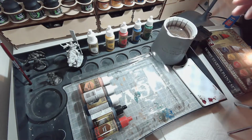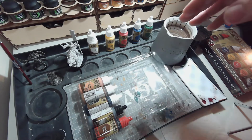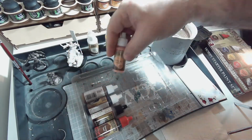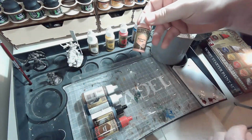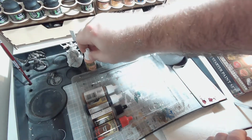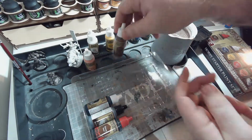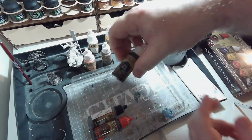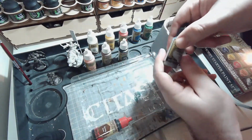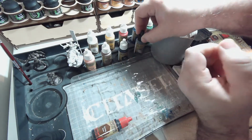Orcs are often known as greenskins. As luck would have it, we actually have an orc that we'll be painting, so we have a skin right there. But if you were not necessarily doing your orc-looking things, we do have a barbarian flesh. It doesn't necessarily need to go onto barbarians, but hey, it's nice. We've got our leather brown. This guy has lots of leather, so that's nice. We've got a matte black, and then we start getting into the more interesting ones. So this is our plate mail metal,